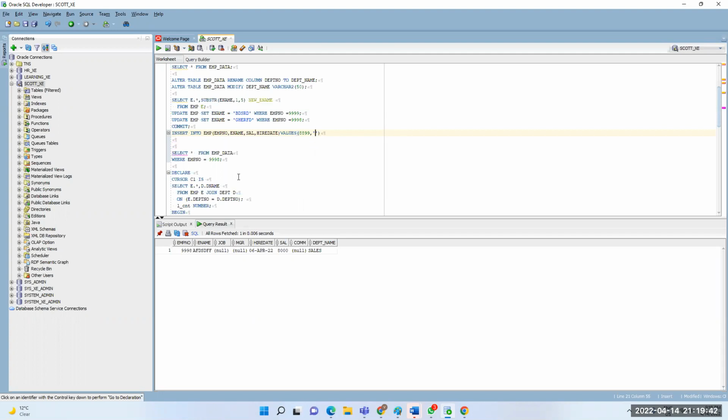Name is the, and salary I'm giving 5K, and the date is this date.